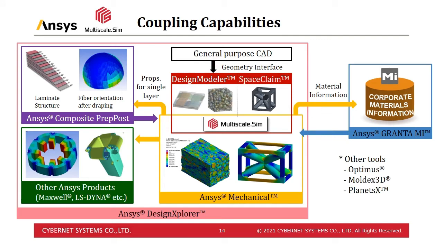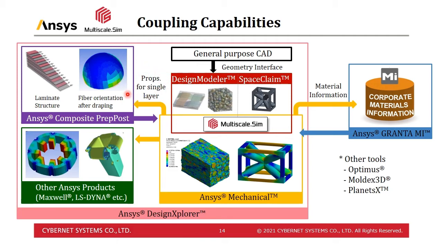As I have shown you so far, homogenization analysis focuses on a very limited region to obtain equivalent material constants of composite. Limited region means a specific layer in the case of laminated materials. It is effective to collaborate with Ansys Composite PrepPost when you want to know the material property for laminated structure. Ansys Composite PrepPost has a function to predict properties of laminated structure using stacking theory. In other words, you can easily obtain the material properties for any lamination pattern if you have prepared the material